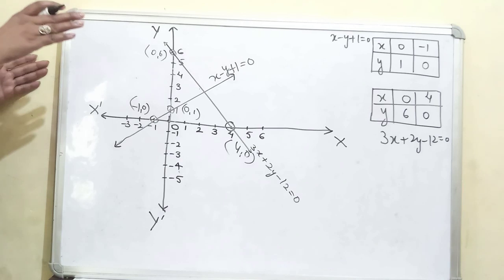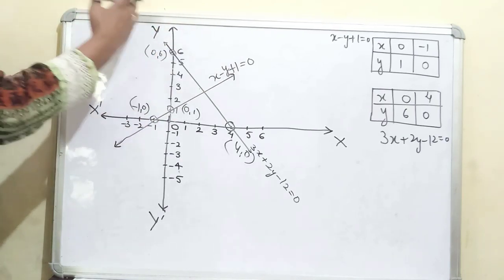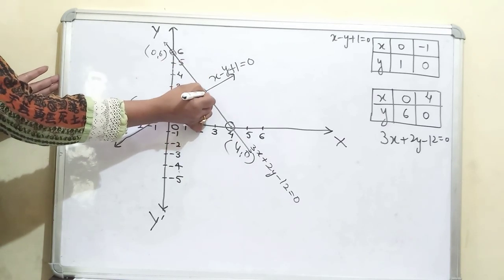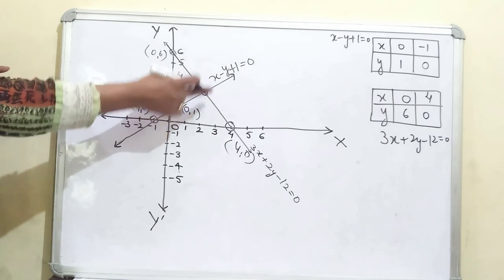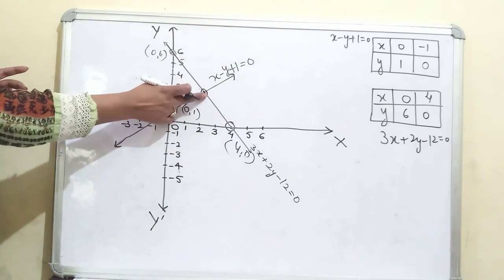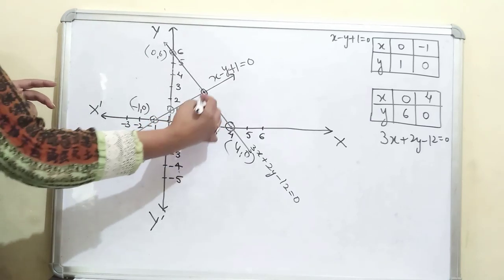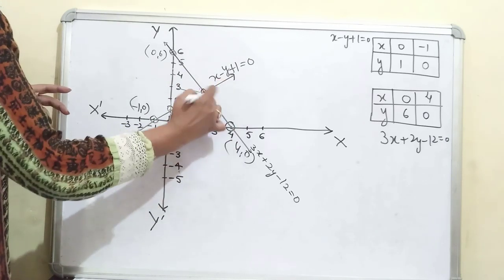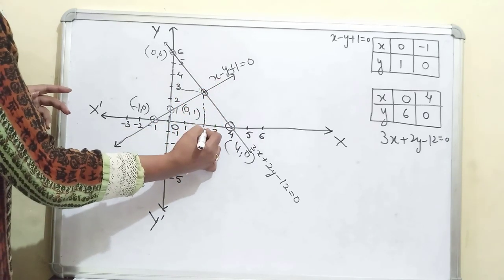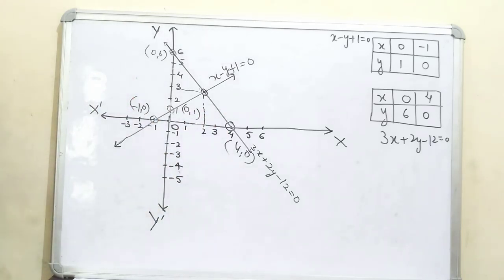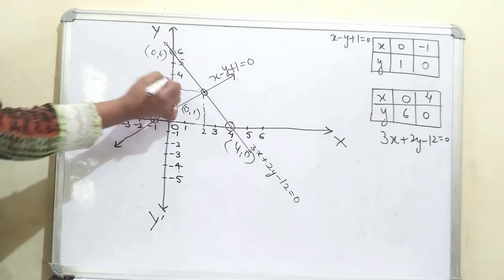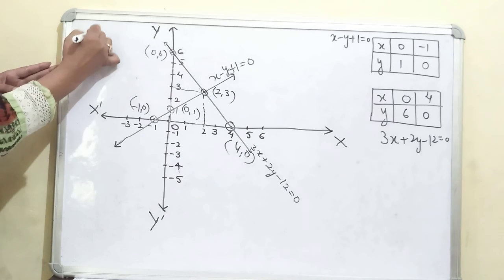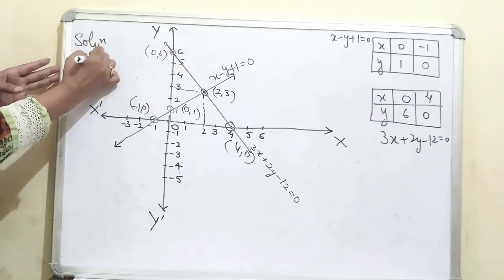Okay, now the solution for these: because these two lines are intersecting lines, this will be the common solution for both of these lines. So if he asks us to solve the equations graphically, this will be the solution, and the solution is near about 2 and 3. Because it is on the whiteboard, it will be a little different from the real answer, but the answer is 2, 3 here. So 2, 3 is the common solution. So the solution of the equations is 2, 3.